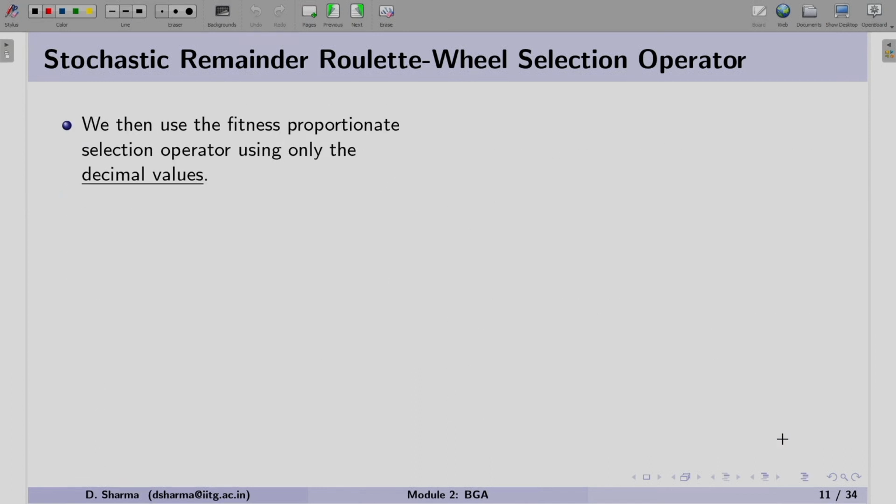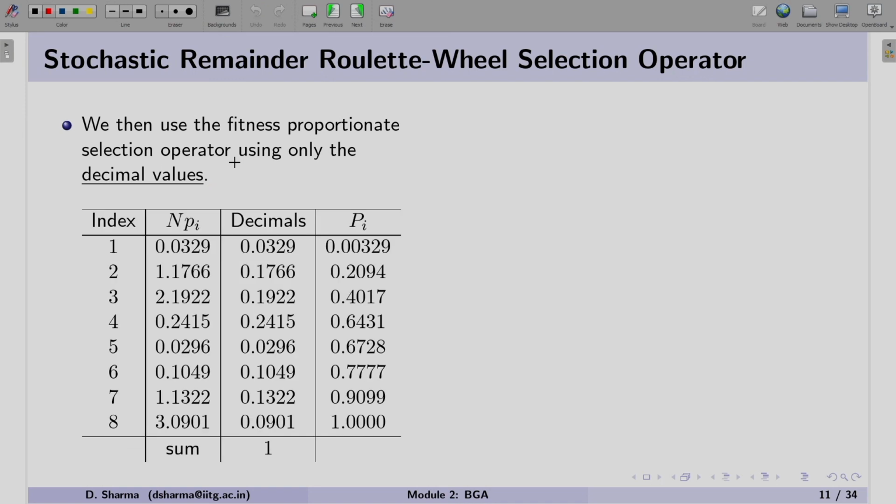In this case we use the fitness proportionate selection operator using the decimal values. So here is the same table we are drawing, in which NP is written. Now you remember that these are the copies of the solutions we have already selected, so we are going to remove them.